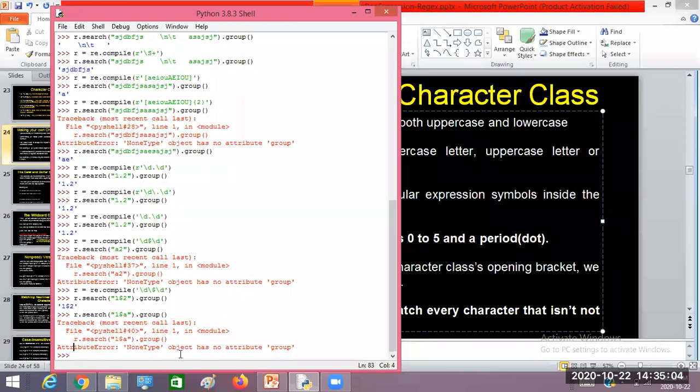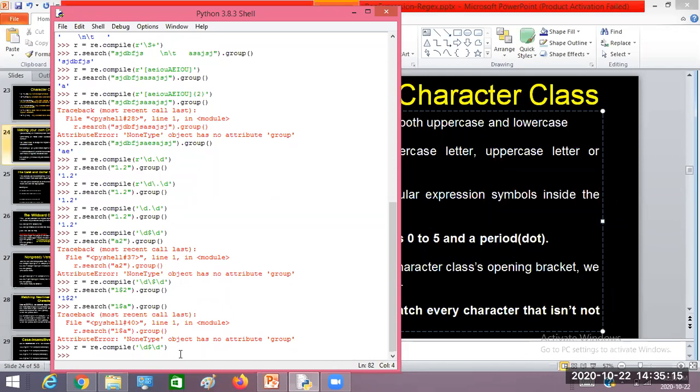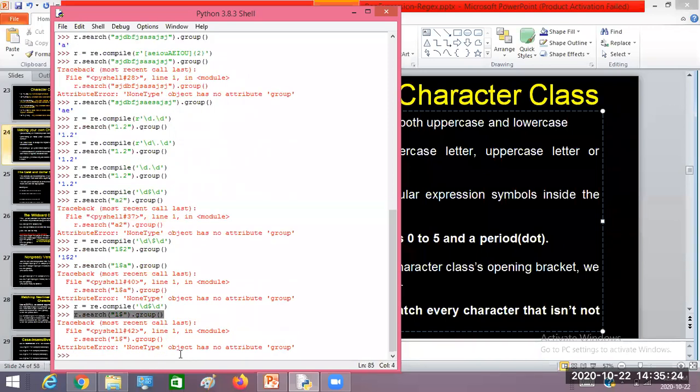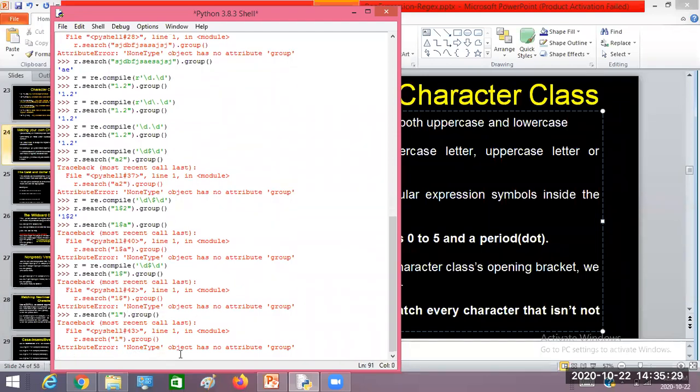Likewise, if I don't put the backslash, it is going to work as an ends-with, and it gives an error message. If I remove the dollar, now one ends with one, and it's not matching as per my requirement. So to match the dollar symbol,